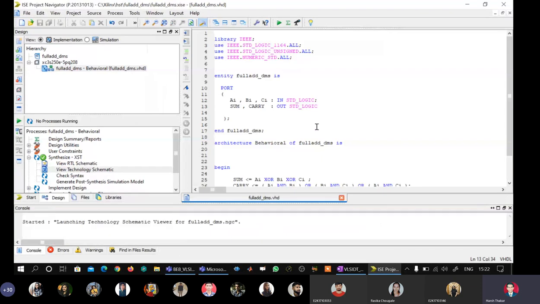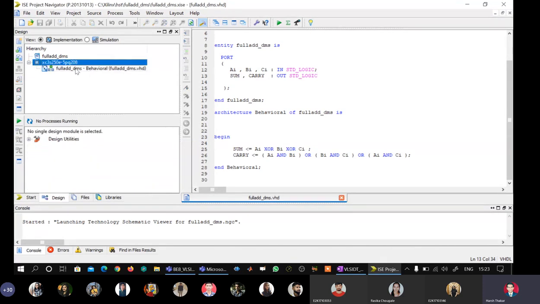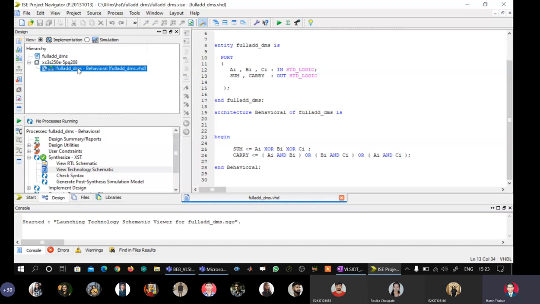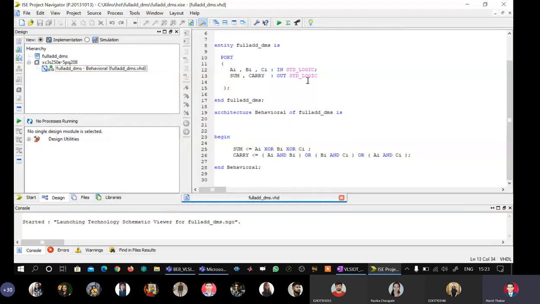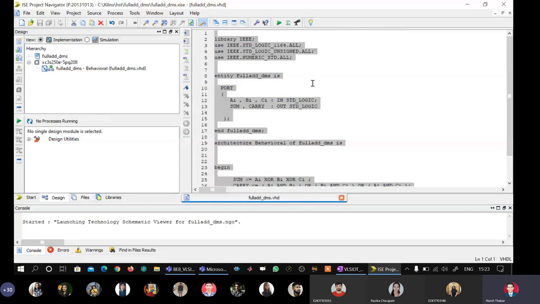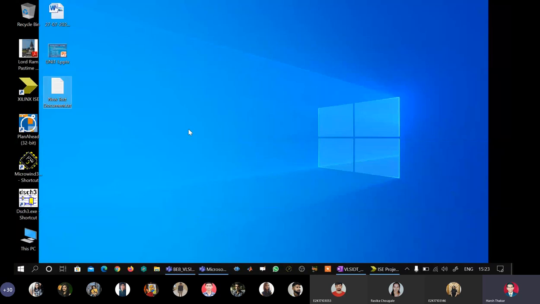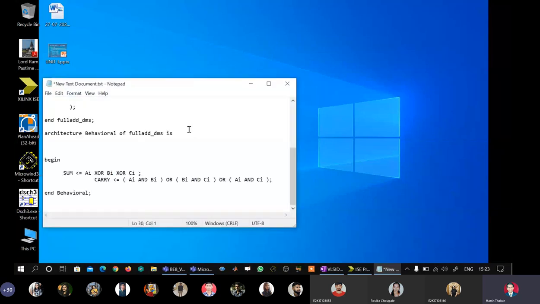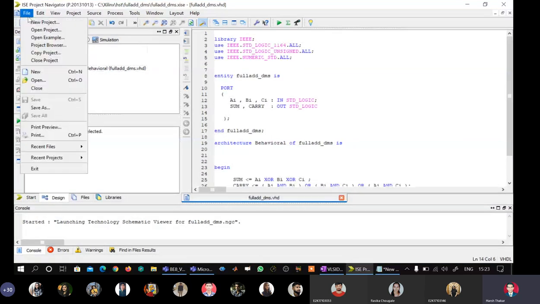What I will do is that I will see how I can convert this particular model into the model for BMS. So what I will do is that I will not change anything. I will just change the names. Okay, I will see if I can change the entity name. So it is not possible for me to change the entity name. Okay, no issues. What I will do is I will do Control A, Control C. I'll go to my desktop. I'll copy this into some notepad. I will just say this and keep it as it is. Okay, I will go to File, New Project.